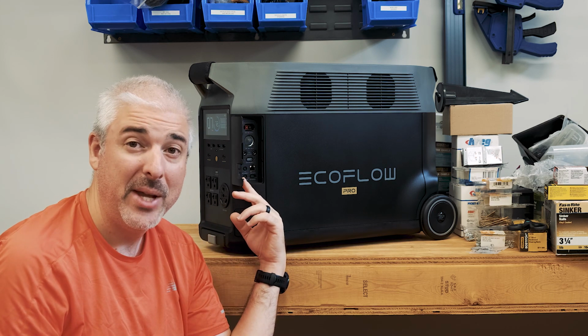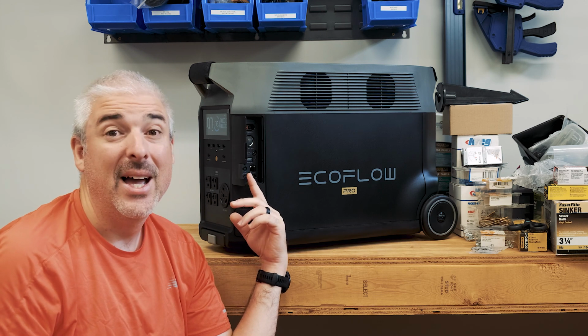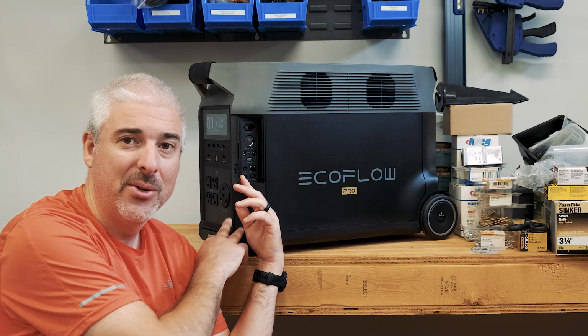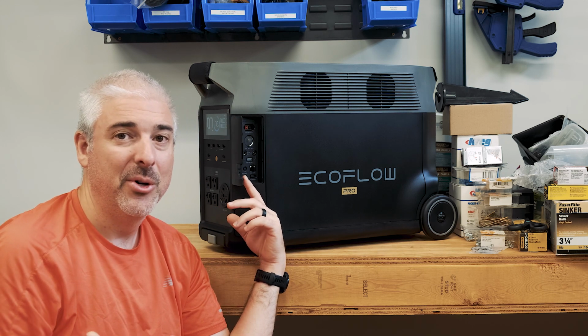But basically you press this button, a little Wi-Fi icon will flash on the front of the device and you can pair it to the phone app, or you can theoretically set it up to access your own Wi-Fi. I haven't gotten that piece to work. I don't know if it's my Wi-Fi network, I don't know what it is, but I can communicate with the device,